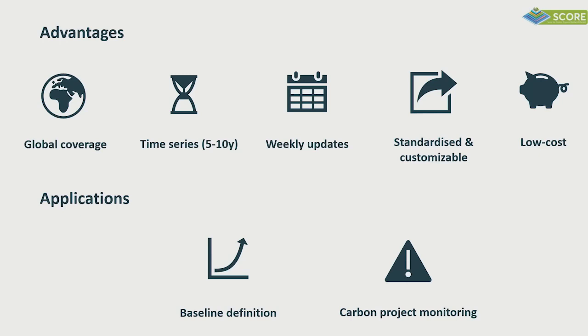The fact that we have a global coverage, so we can apply this methodology anywhere, and that we have time series, so we can go back for sure 5 years, and in some cases even 10 years ago. Weekly updates, depending on the revisit time of satellites, which is between, let's say, 6 and 12 days. It's a standardized methodology that we have developed, but at the same time, it can be customized with the integration of soil sampling, if available, or any other data that the farmers or anyone has. And it's low cost because it's mainly based on Earth observation and in particular on open source